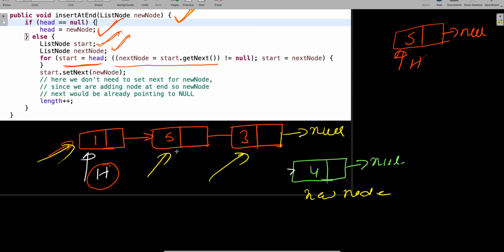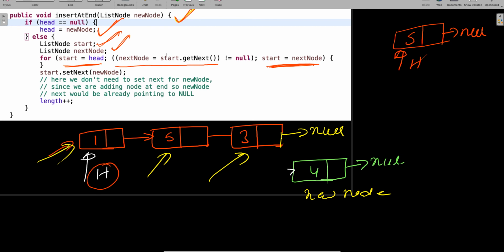If this 5 is not null, then my start should change, right? So start is equal to next node. Now start came here. So in the beginning, when I started, my next node was pointing to null.